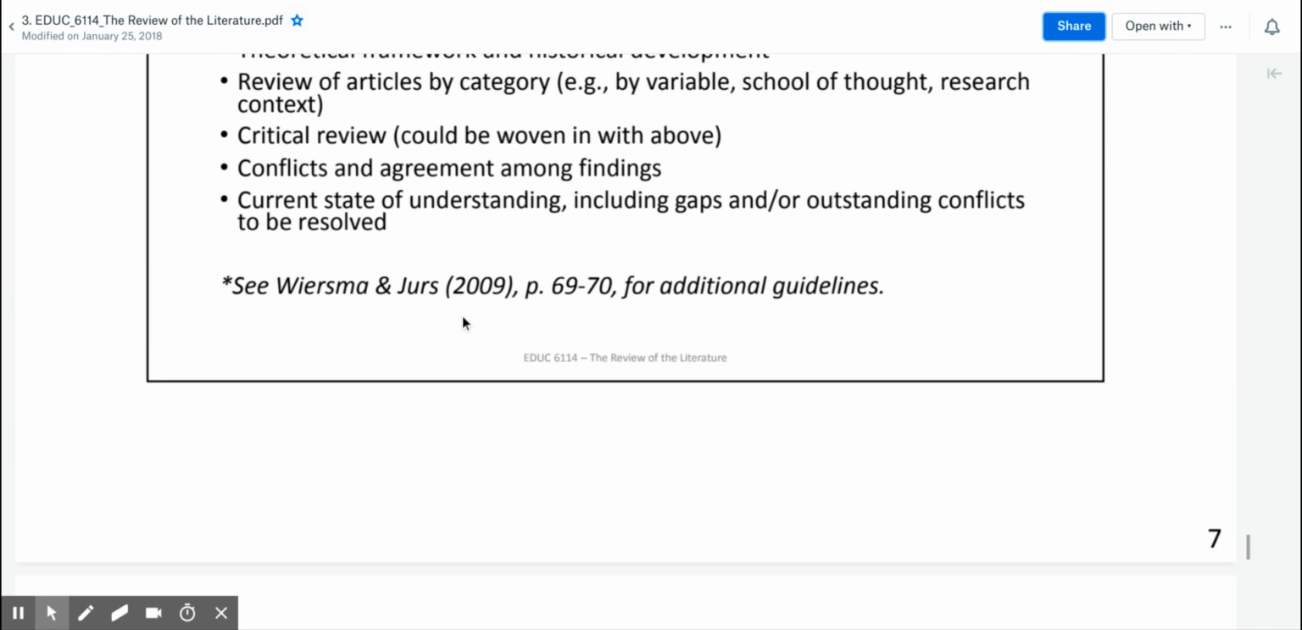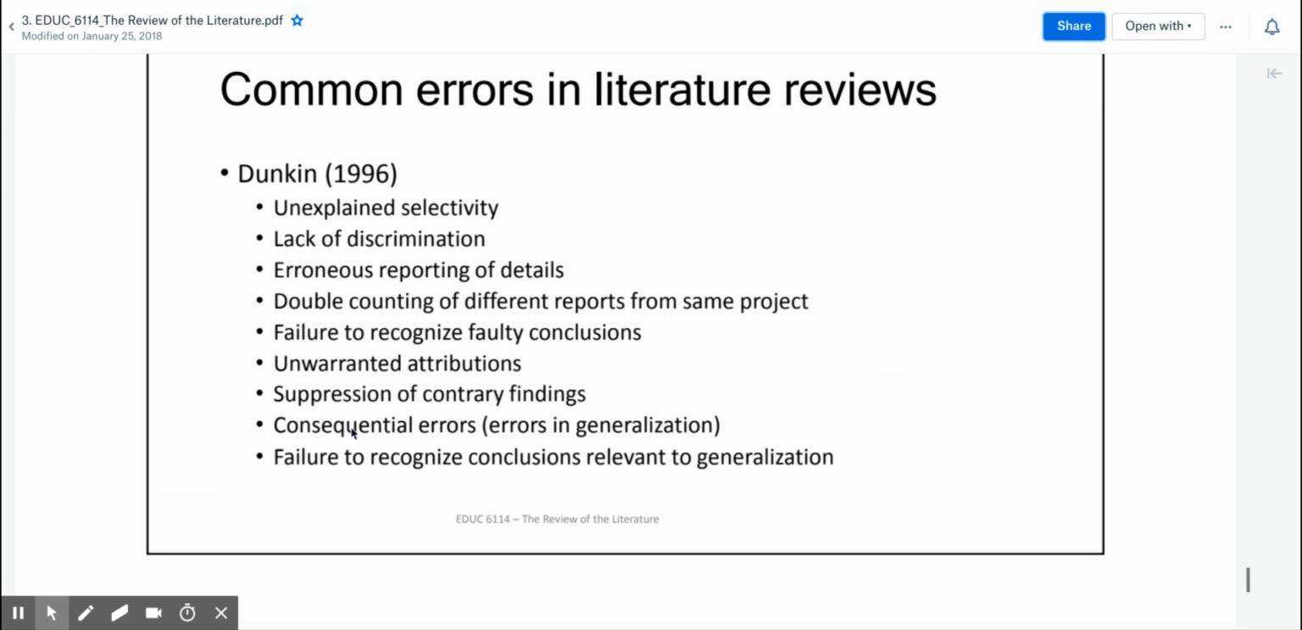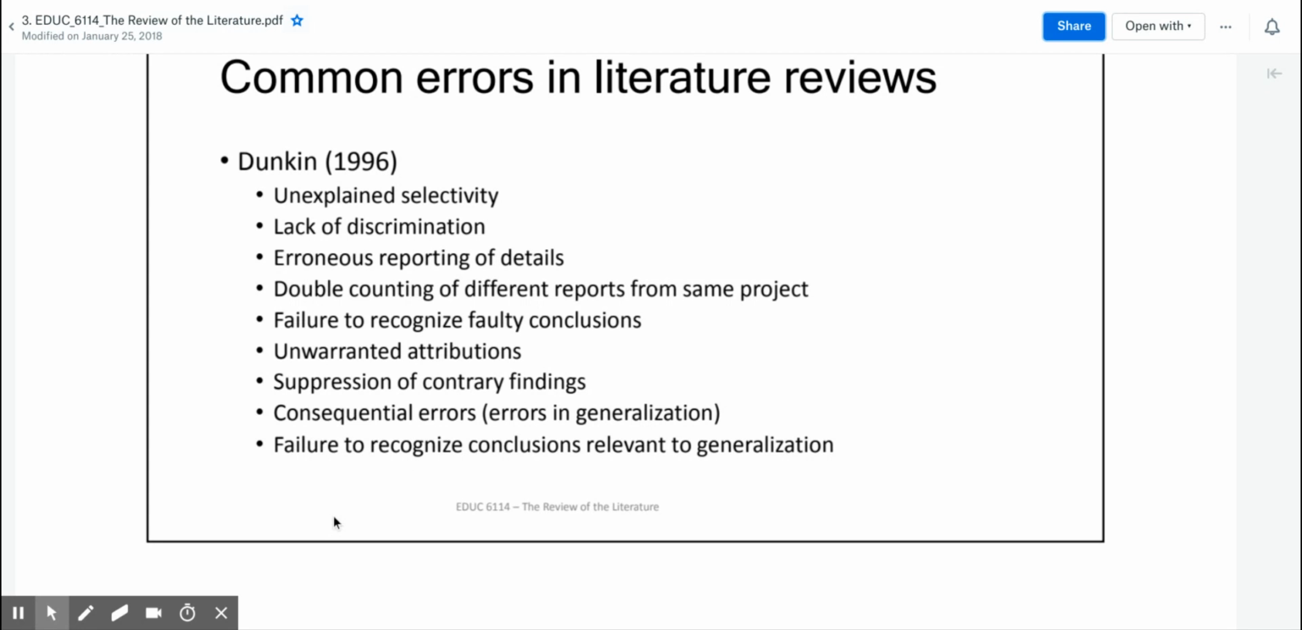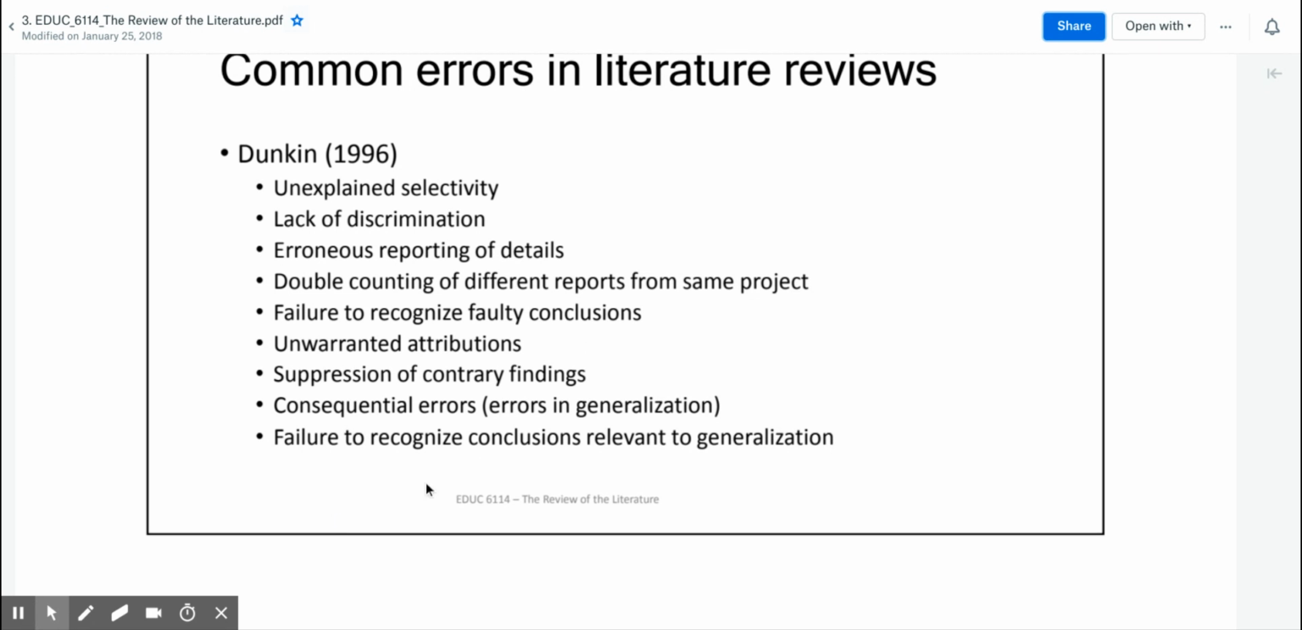If you're interested in more, take a look at pages 69 and 70 of our textbook. Again, common errors in literature review. It's good to know and understand potential mistakes, what kind of mistakes we could make. It's not that important to get into every detail, but it's good to know, right? All right, this is it for the third lecture note, which is the review of